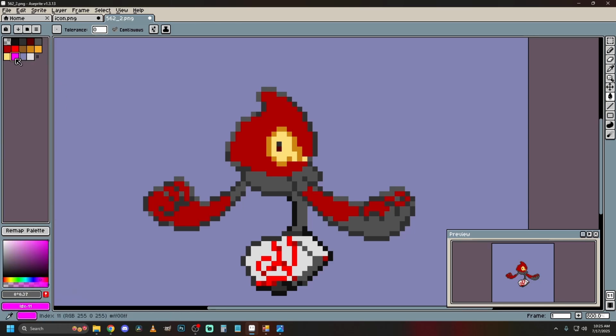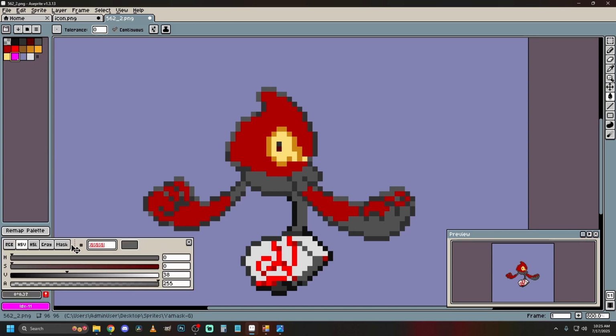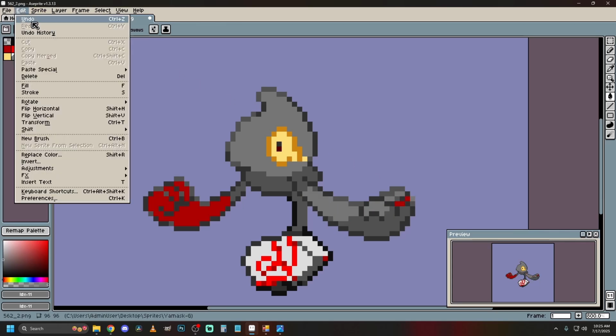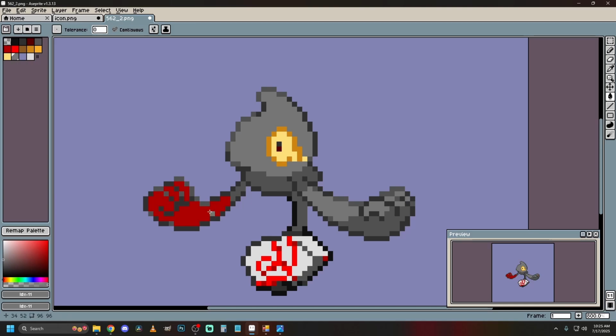So I forgot to change something. Lock. There we go. 525252. There we go. And then that's that. So we're gonna drag it up here, make this a little bit lighter, and let's see how that looks. Not bad at all. So yeah, we just fill in a little bit more,